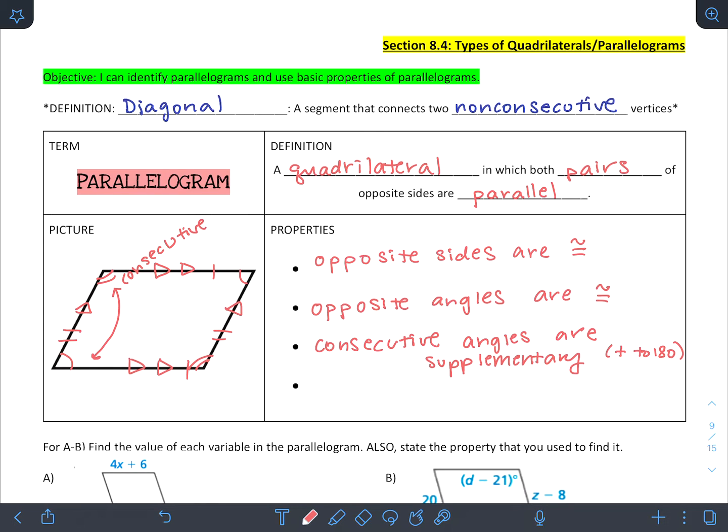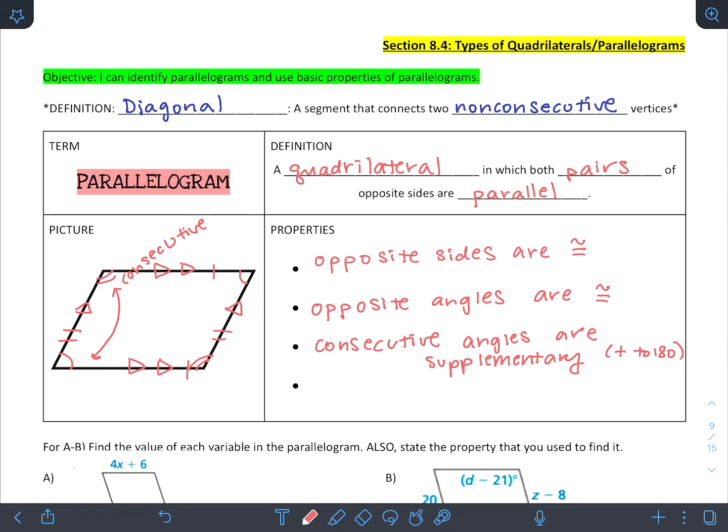You need to make sure that you are adding two consecutive angles together to give you 180 degrees. You can have those two consecutive angles on the left. These two top angles would be consecutive. These two angles on the right would be consecutive. It just has to be angles that are next to each other. If they're on the same side of the parallelogram, then they would be considered consecutive as opposed to